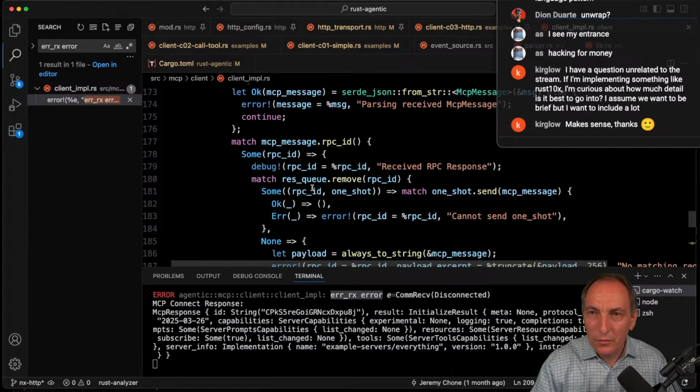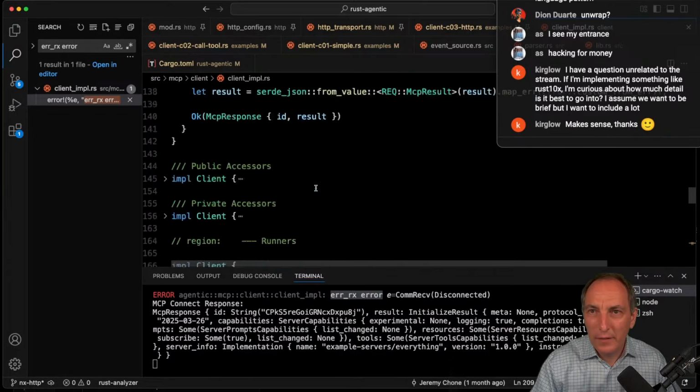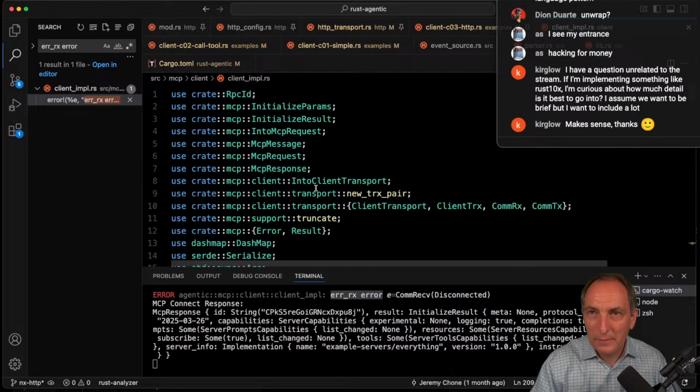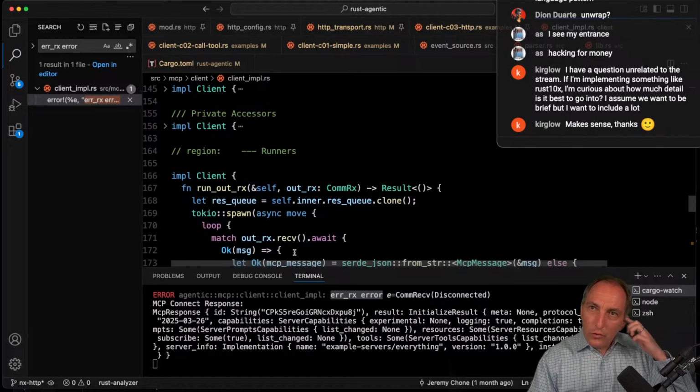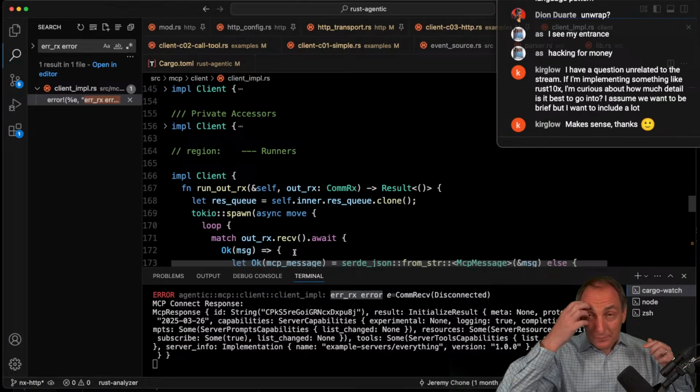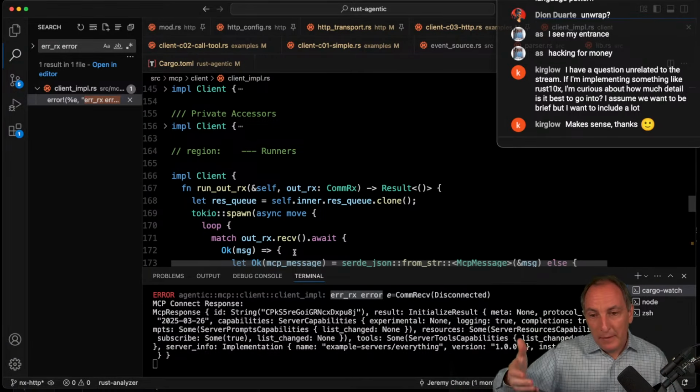So from the queue, from the ID, I get a queue over there, and I remove it. I'm using a very cool crate called DashMap, a concurrent map. The cool thing about the way it's implemented, agentic, the MCP, is that